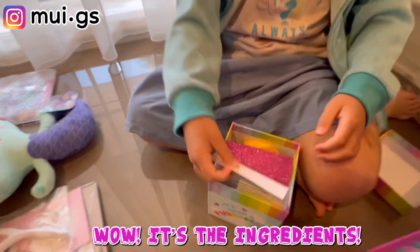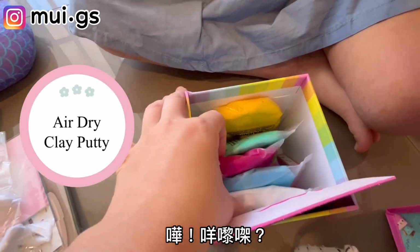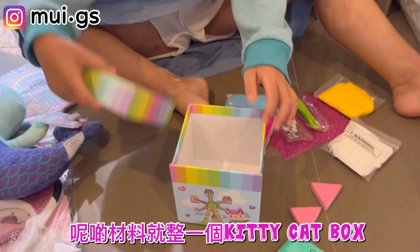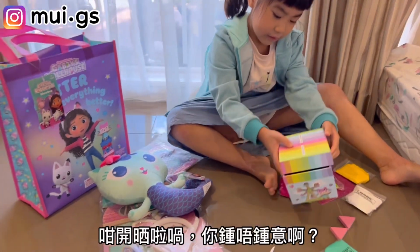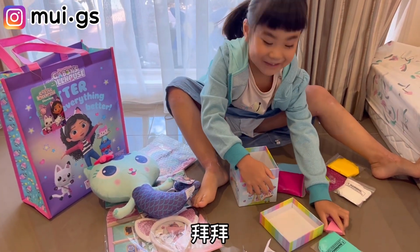Wow. It's the ingredients. Here is 哦，咩嚟㗎？instructions. Ooh, look at the ingredients. Take a kitty cat box like this. 哦，咁開晒咯喎！你中唔中意啊？Dinky, as I place my ears. 拜拜。